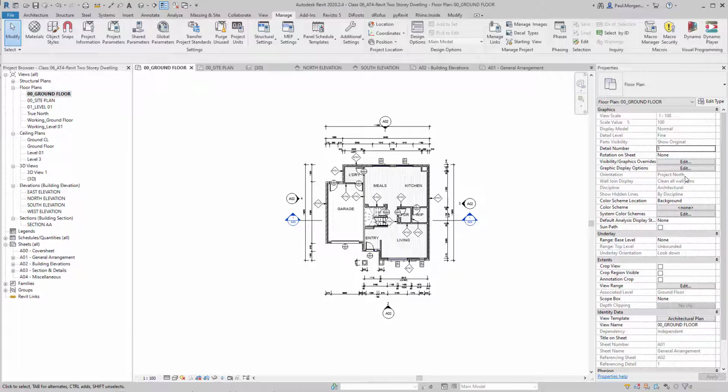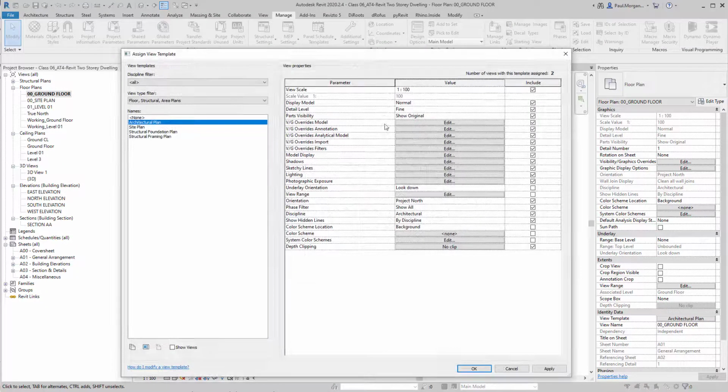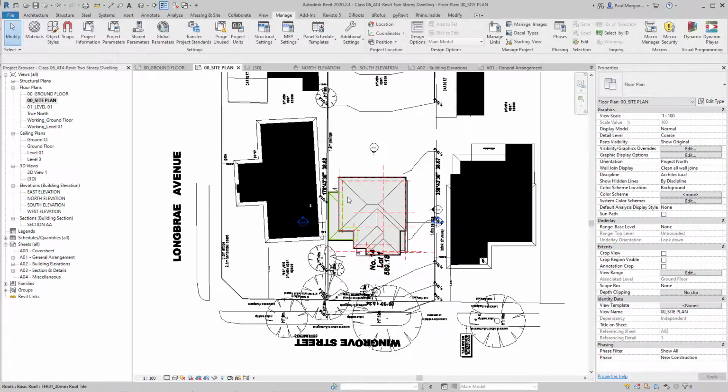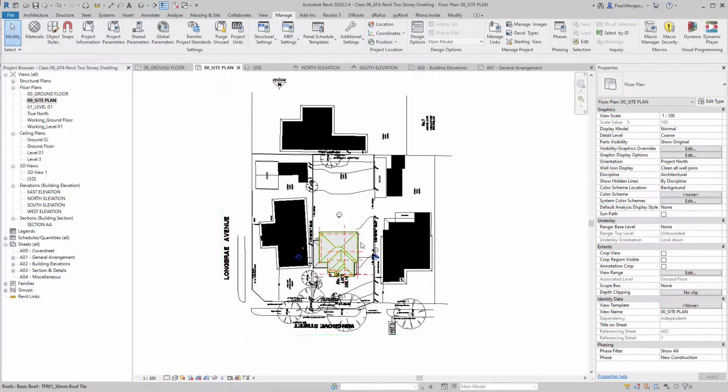It's grayed out here in the properties window because it's set in the view template. So if I go into here, view template, origin, project north, and included in the view template, yes I do. So that's why that's grayed out. I'll go back to the site plan, and the last thing I'll do is we'll edit the CAD drawing and